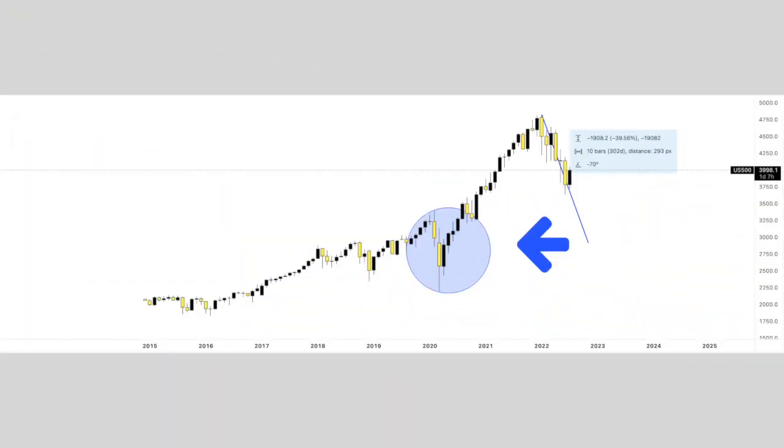And if we were to take a look at this feasibly on an actual chart, there is a high chance that we could get down to that 2,900 marker, which is midway down the COVID drop territory and those kind of prices back in 2020. So that's what we could expect on the downside, but of course completely hypothetical at this point. But what could we expect on the upside?